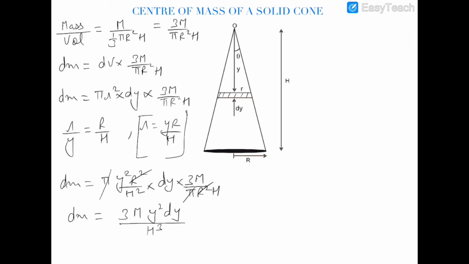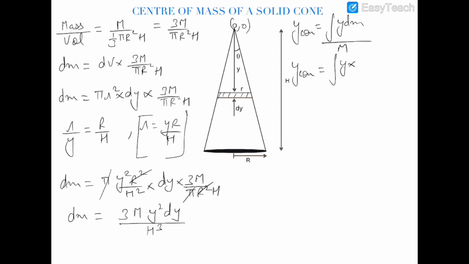This is dm. Now the y coordinate, obviously we have to calculate only the y coordinate because the x coordinate will be 0 if this is the origin, because this is a line of symmetry. So YCOM will be equal to integration of y dm upon total mass. So YCOM will be, the y coordinate of this point will be y. I am considering this point as origin, this is origin 0, 0. So the y coordinate will be this y,